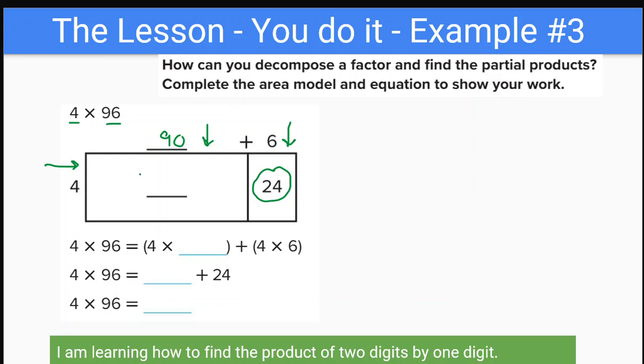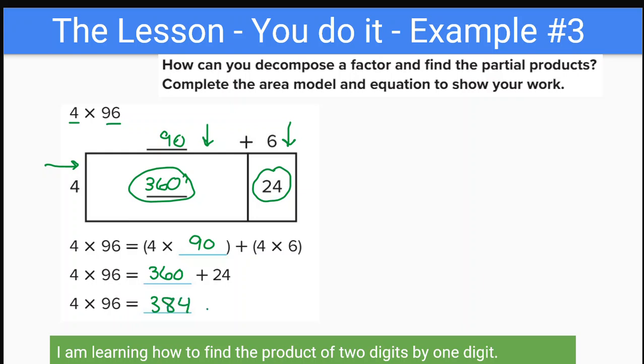What's 4 times 9? Do you know? Right, 36. So 4 times 90, it's got a 0 on the end, is 360. All right, they break it down into equations down here. 4 times 96 is 4 times 90 plus 4 times 6. You always do what's in the parentheses first. 4 times 96 equals 4 times 90, which we said was 360, plus 24, they said. There's our 360 right there. So we just have to add these two things together. 360 plus 24 equals